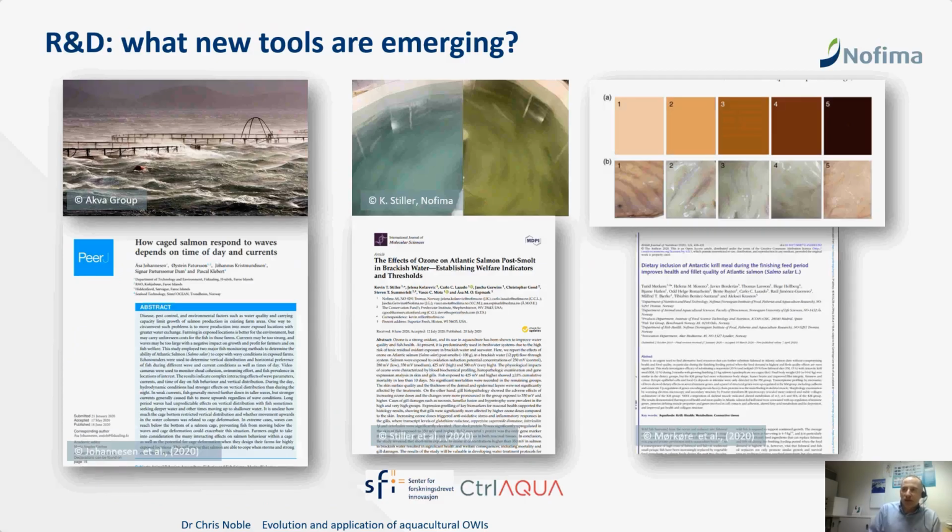Firstly, you can look at what tools are emerging now. Are new tools needed? Well, yes, all the time. They can help us learn more and more about the fish's needs, and they can also help us identify and manage welfare risks. There's been some new research in 2020 that quantified the effects of wave action upon fish behavior and welfare. This is particularly important for systems that will be more and more exposed, as they potentially move Atlantic salmon rearing further offshore.